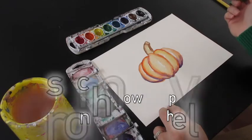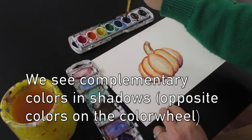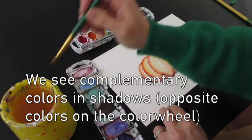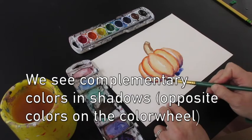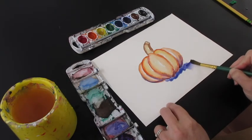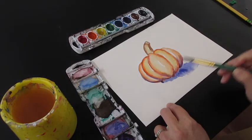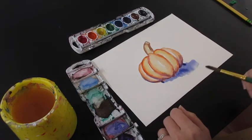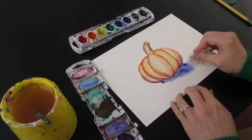Now I want to do a shadow. So shadows usually have the opposite color on the color wheel. So since this is orange and yellow, I'm grabbing a little mixture of blue and purple, and I'm going to put that shadow right up against the bottom of the pumpkin, really opaque where it touches the pumpkin, and you can see how it starts to fade away to the color of the paper as the shadow gets away from the pumpkin. So I'm going to use my paper towel to dab the edge of that shadow